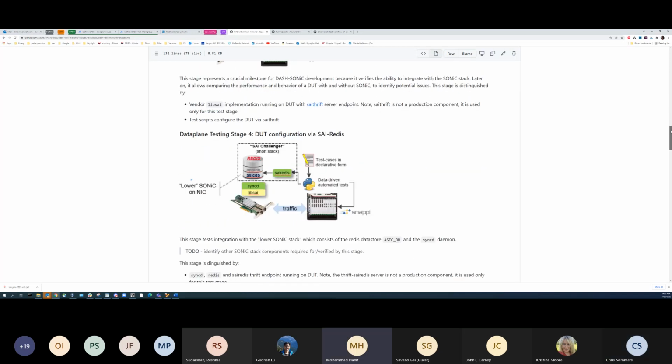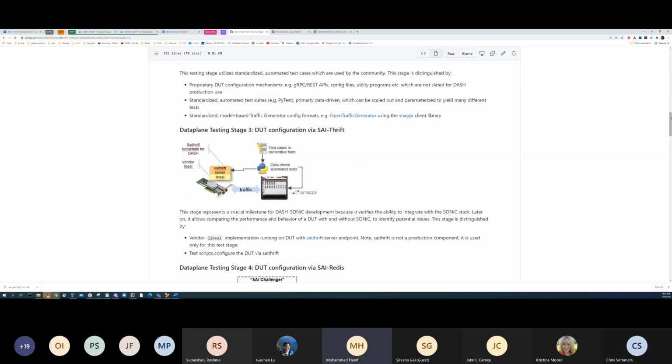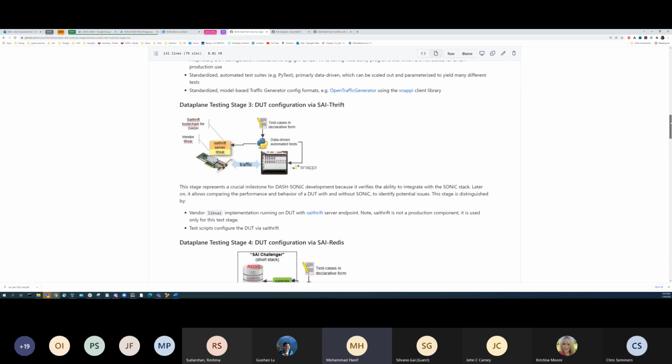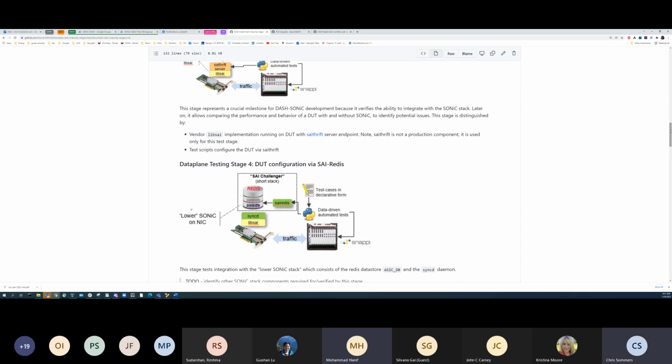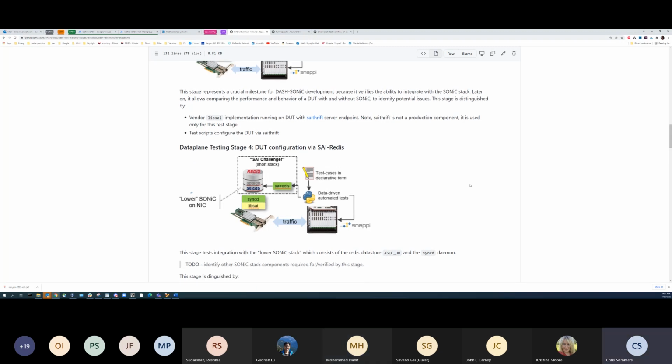Chris, just a quick question on these stages, right? It's stage 3, 4, and 5. As you show these data-driven automated tests, since the interface is different, right? Whether you are calling SideThrift or SideRedis or in the site, those tests and those calls will be different, right? I mean, we just need to highlight those ones because they all say data-driven automated test, but they'll be different, right? Well, certainly what you'll see on the wire is going to be different, but it's possible that